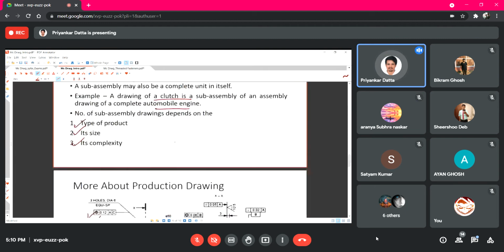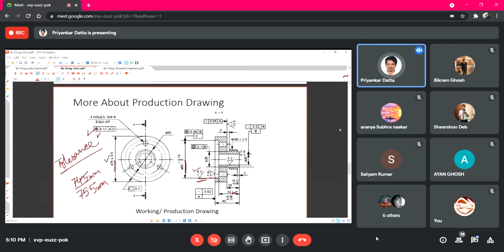So this tolerance that I was saying means, say you have one steel cylindrical rod, which you have made from casting, and it has a diameter of say 80 mm. Now when you require it to be fitted in a machine, you require a diameter of 75. Now you need to perform some machining operations on it, so that you can reduce the diameter by 5 millimeter or the radius by 2.5 millimeter.